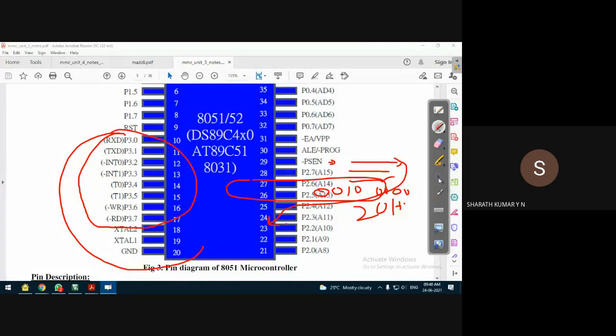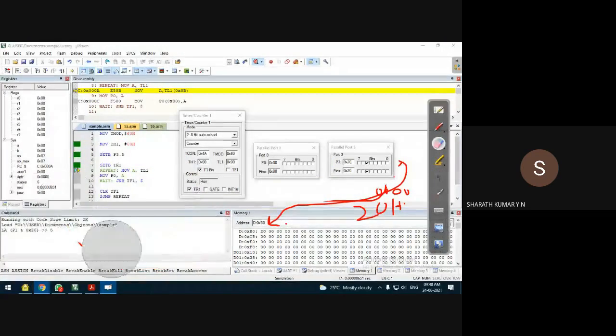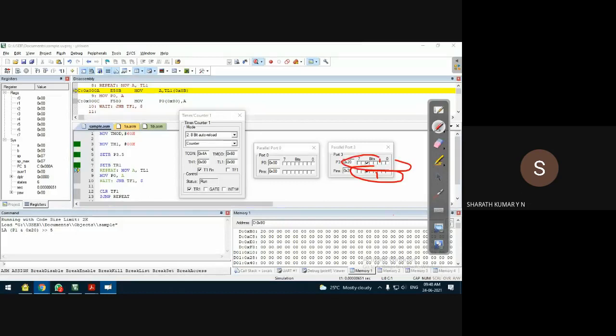In the earlier classes, if you remember, we had discussed that if you reset the physical pin, it may not be stored in the memory. Whereas if you change the internal location data as 1 or 0, that will be reflected on the pin. But if you set it on the pin, that will be reflected in the internal memory only when the microcontroller reads the data. So that you can check out.